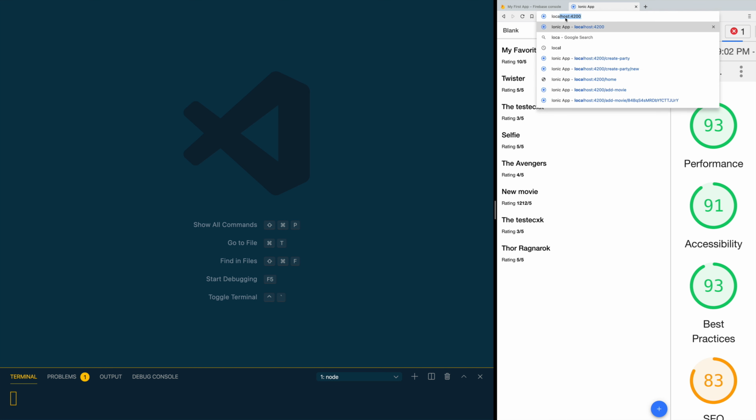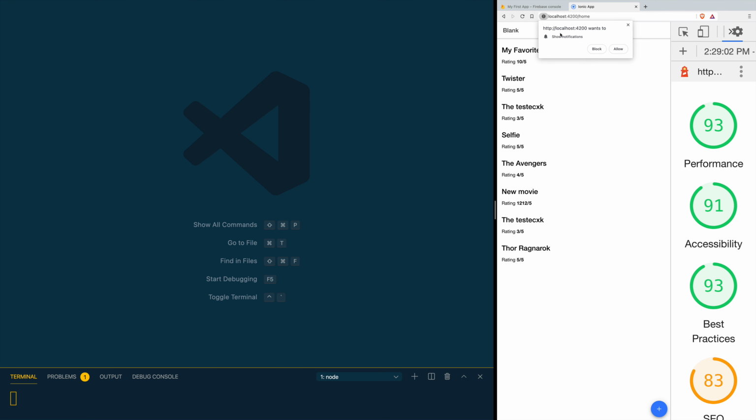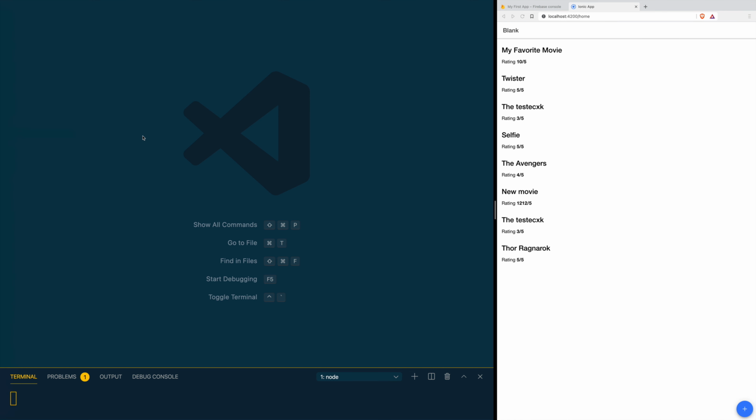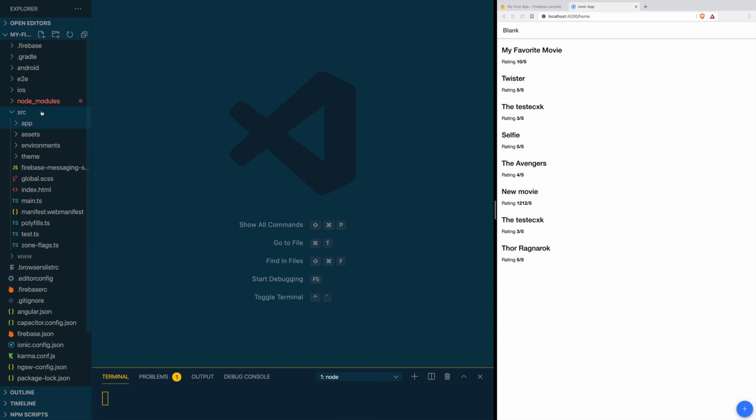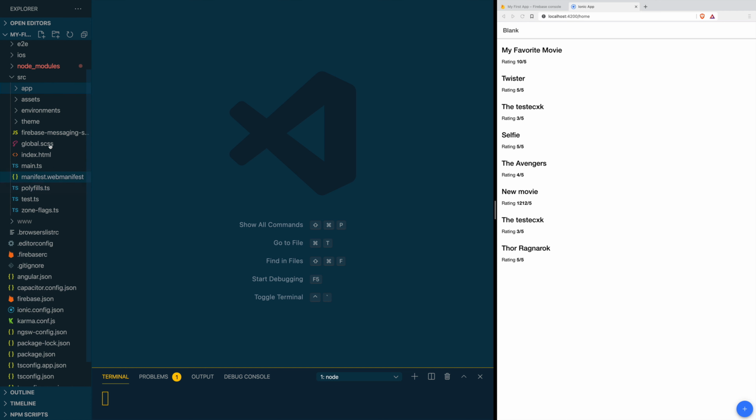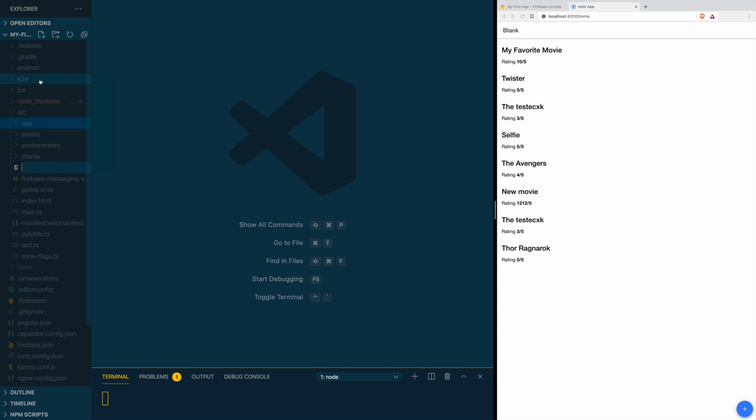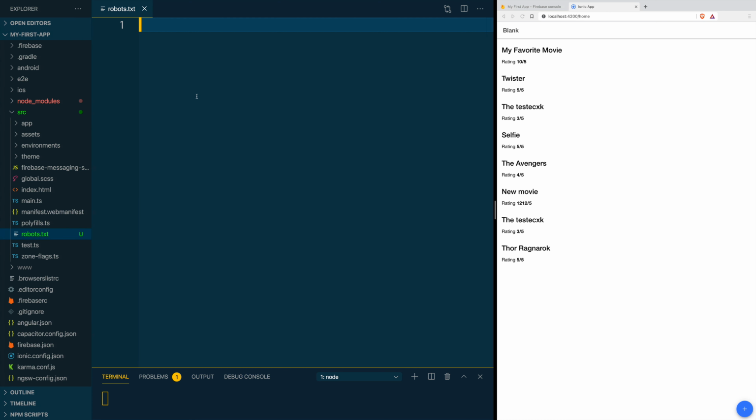For that, I'm serving the application and I'm going to go back to localhost 4200. There are a few things we need. First, we can go open our File Explorer, and in here in the source folder, we are going to add a new file. This file is going to be called robots.txt. This file is going to serve as instructions for web crawlers and for search engines. And it's going to tell them, okay, from this domain, you can crawl these URLs or you can crawl this